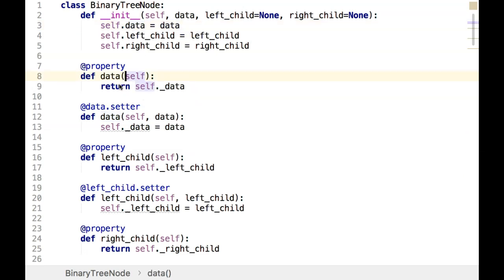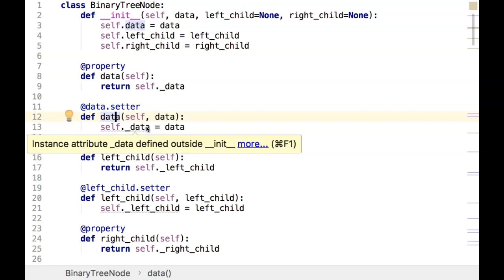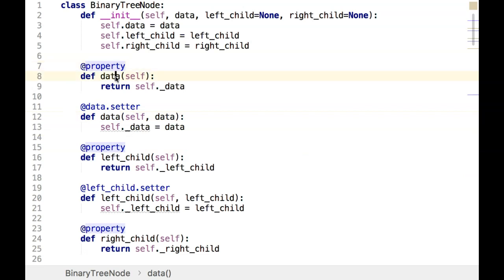So you may or may not choose to use the Pythonic property and setter decorators. I choose to do that for a number of reasons, and one of them is that it allows a subclass, or class that inherits from binary tree node, to be able to override these setters if they have to. As a matter of fact, depending on how you do the assignment this week, you might need to do this. And so that's why I choose to use the Pythonic setter and getter, even for simple data attributes in